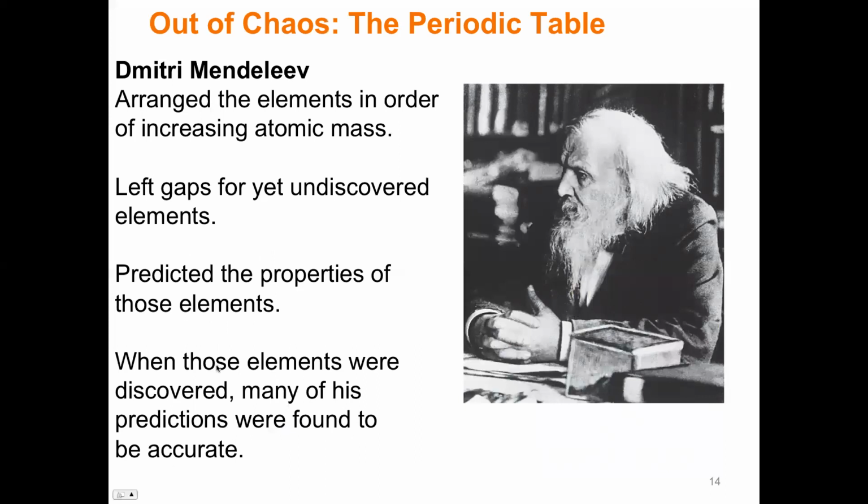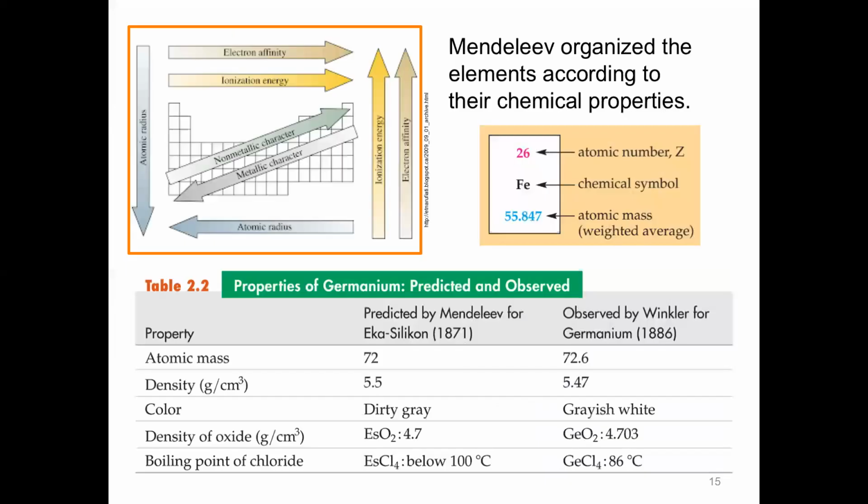Okay, and then later on, when those elements were actually discovered, they found that his predictions were correct, which was really affirming in that we kind of understood how things were working, as human beings, okay? And that's when his periodic table was much more well accepted. The ironic thing is that he himself did not believe in atoms. He just wasn't convinced by Dalton's model of these hard spheres. He just wouldn't go for it. And later on, of course, he came around.